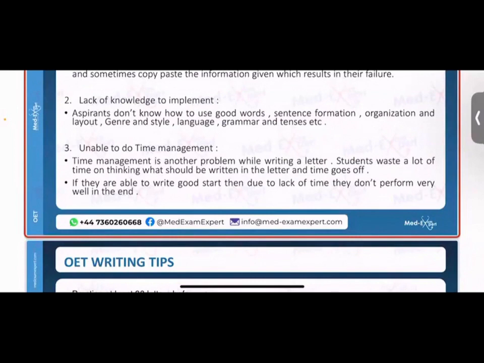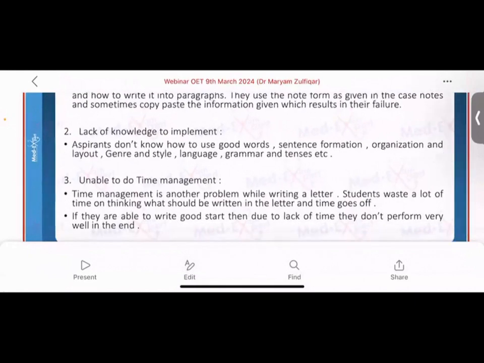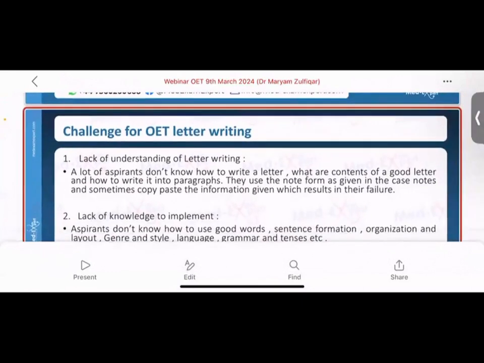Another factor is being unable to manage time. Time management is another problem while writing a letter. Students spend a lot of time thinking about what should be written in the letter, and then time runs out. I remember another example: a student told me after taking the exam that she was doing all of her rough work on her sheets, and then